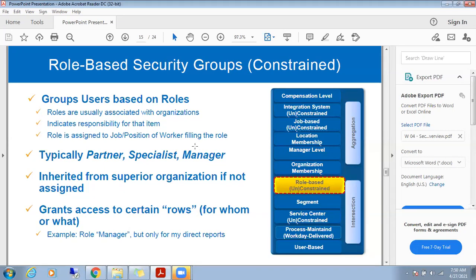So whenever they ask about some roles, try to remember HR partner, HR manager. User means administrator. Role means HR partner, HR manager. You have to remember it in such a way.